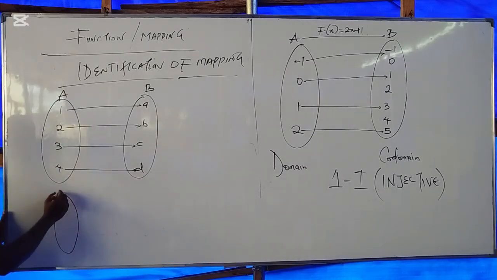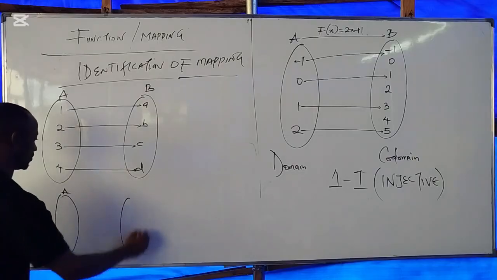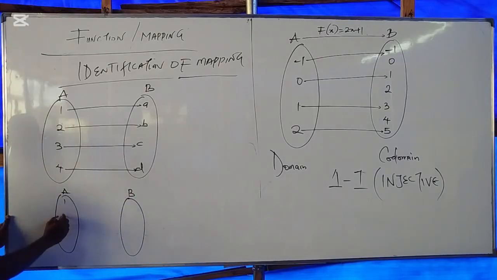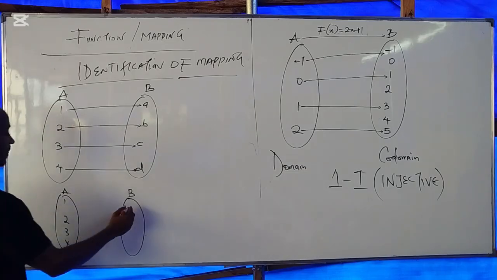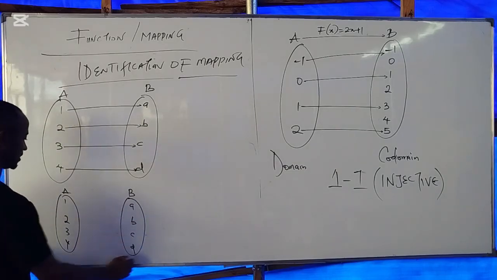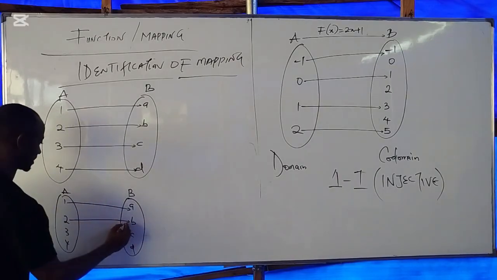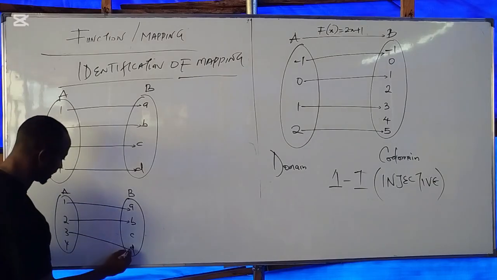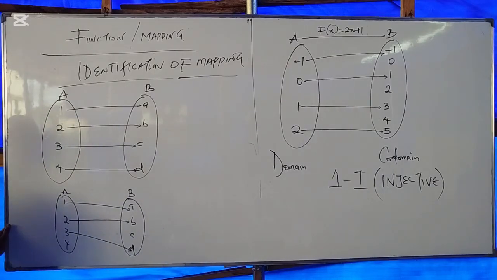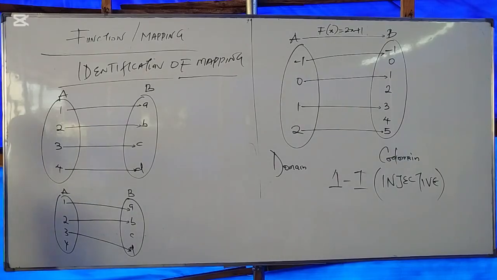If we have this example, let's say A, and we have here to be B. Here we have 1, 2, 3, and 4. We have A, B, C, and D. If 1 is assigned to what? A, 2 is assigned to B, 3 is assigned to D. All right? Okay, and we are asked, is this a mapping function? This is not a mapping function